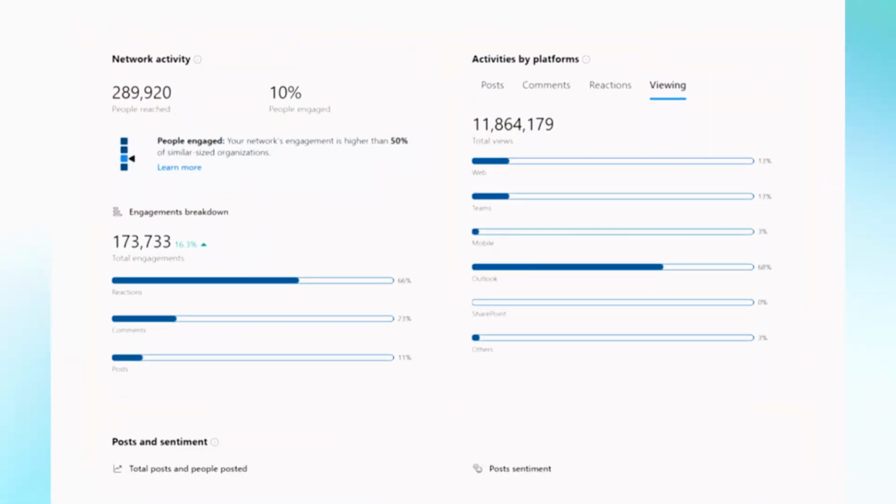Okay, so starting on this, you can understand the reach and engagement patterns relative to individual messages, communications channels, campaigns, events, and the whole network. And you can see how different activities like posting, reacting, commenting breaks down by endpoint. And then benchmarking shows how your organization's engagement compares to other organizations of the same size. And this is done without sharing any sort of individual information across tenants.